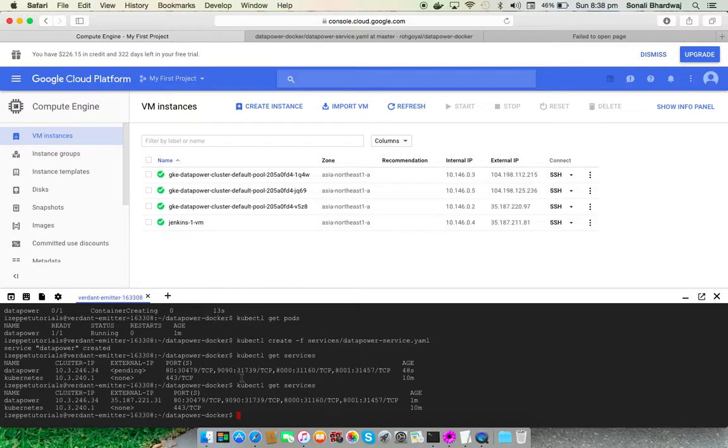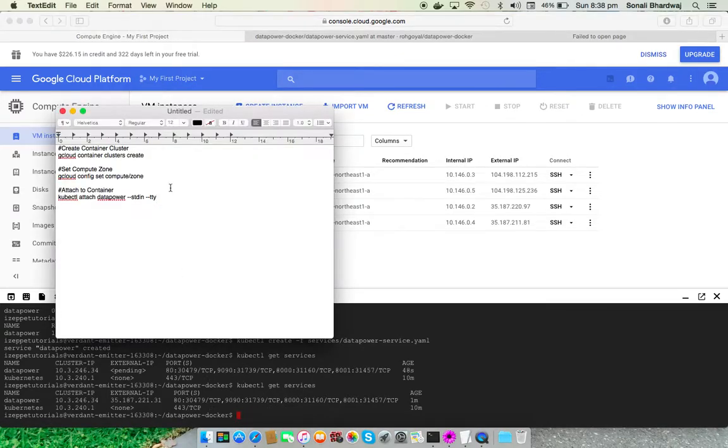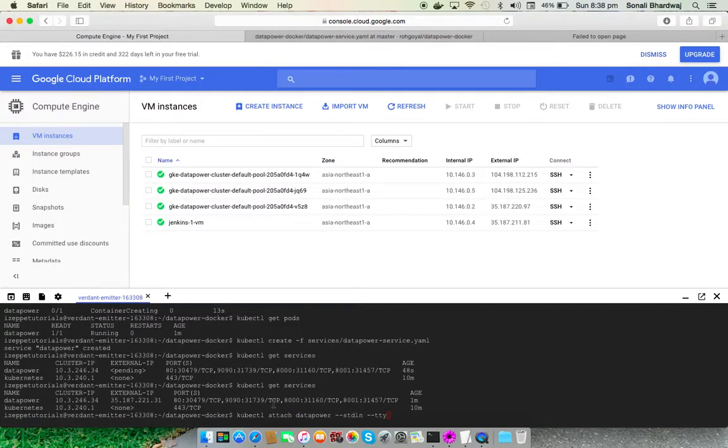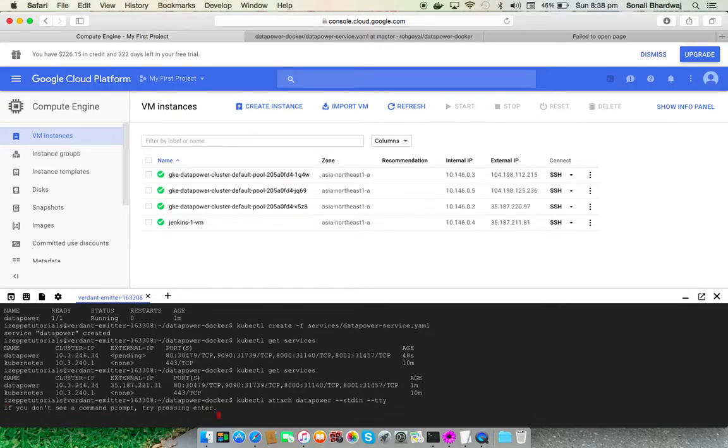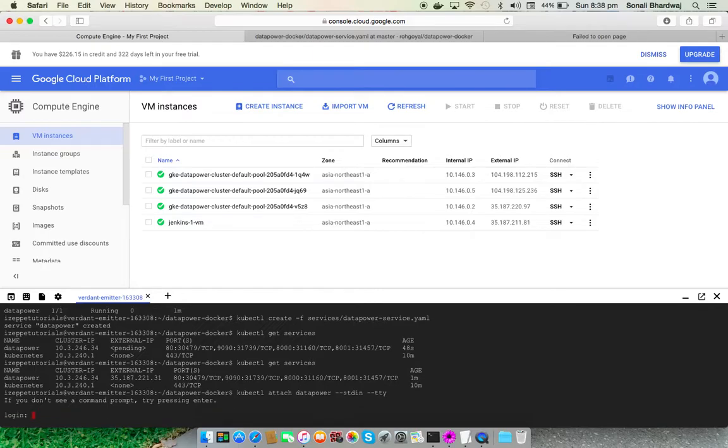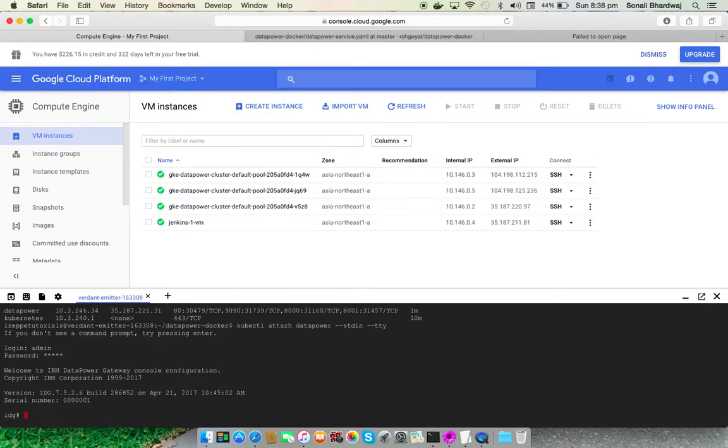What Kubernetes allows you to do is attach the standard input-output, which is the DataPower command line, to your Cloud Shell machine. There's a command for that, which I'm going to run here. It says kubectl attach, again with your pod name, and send it in TTY. So let's just do it. Cool. You can see that's my DataPower pod. Boom, IDG is my IBM DataPower Gateway. I get into my config mode,